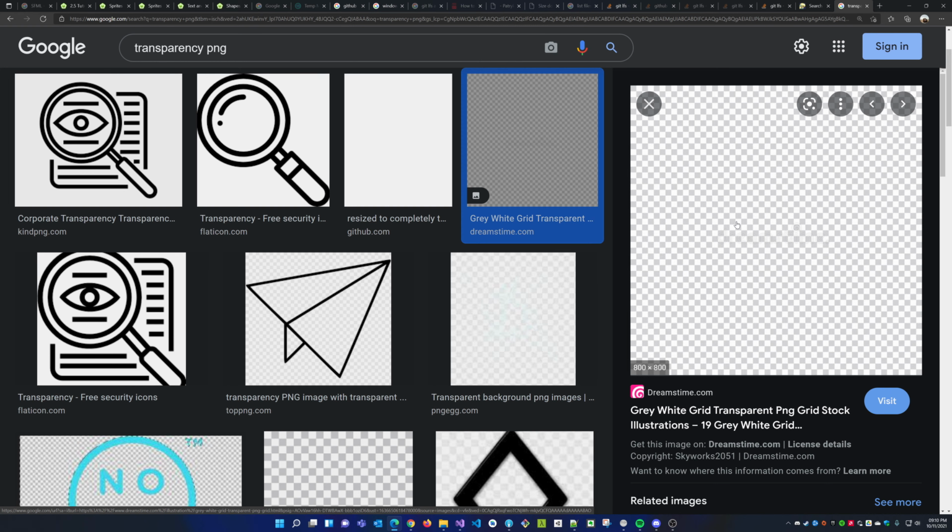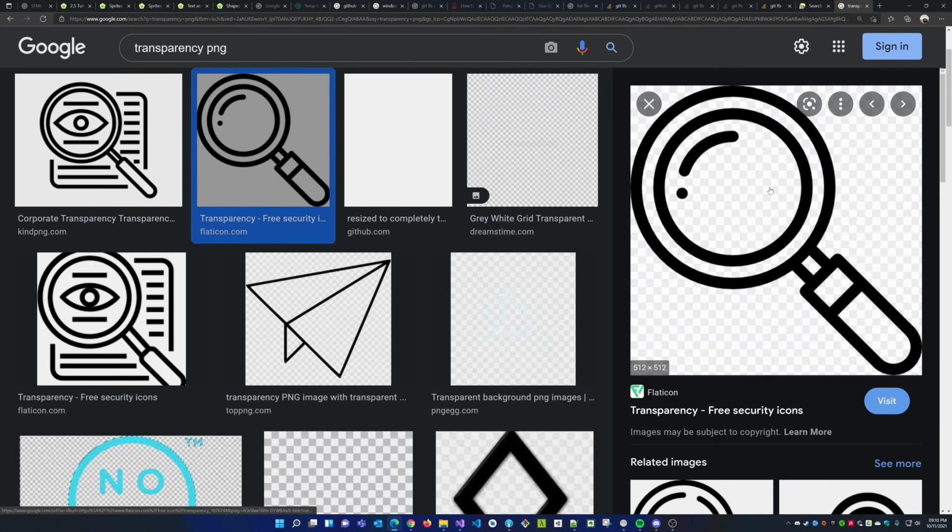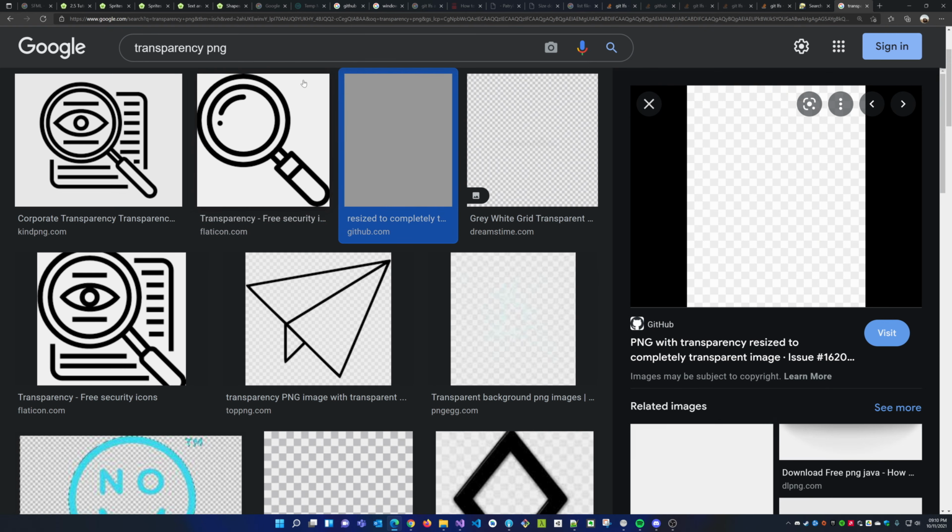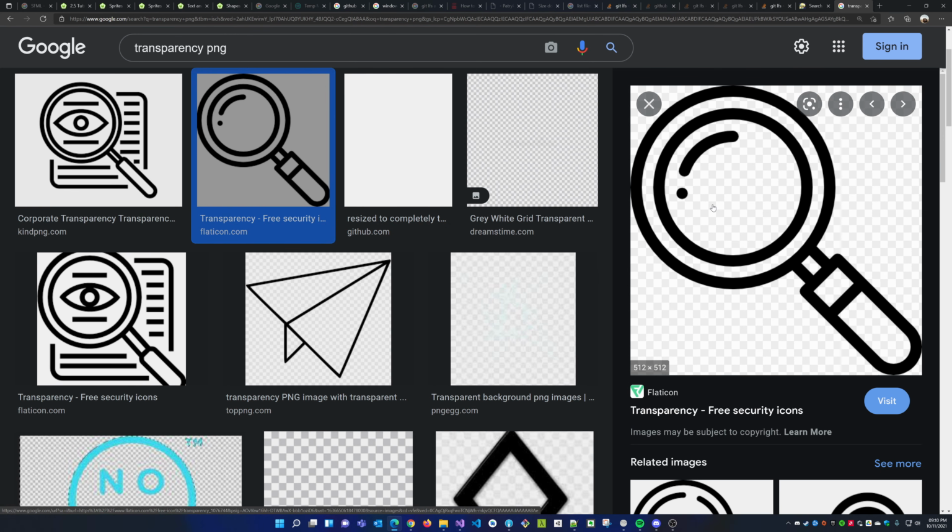Or sometimes in Google especially, you can find an image that's actually fake transparency, and what that means is this pattern is the actual background, and it shouldn't be like that. You can see how this image is white, but if I open it here, this is real transparency. In Google, this is a white background, but if I click on it, you can see the checkerboard pattern. That means that this is transparent.